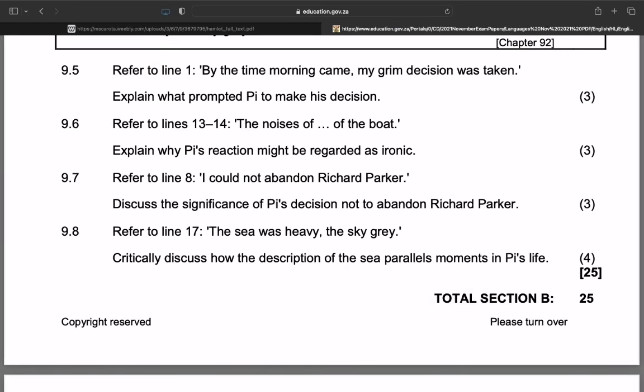So you can reference the apple and the acid, and then this island also provided Pi with a false sense of hope. So imagine, he's on the lifeboat with RP for more than 100 days now, and finally he gets to this island, and he gets off and it provides him with water and with meerkats and with plants as well.